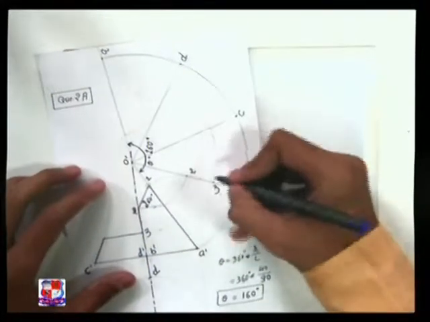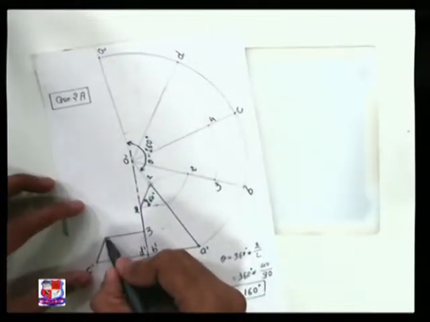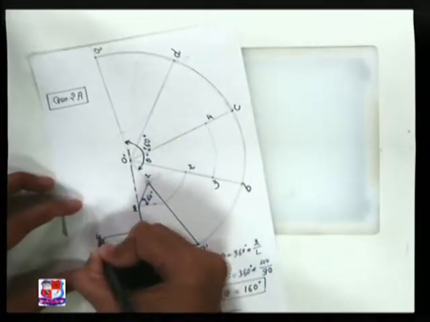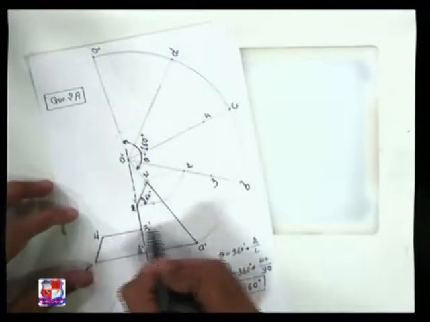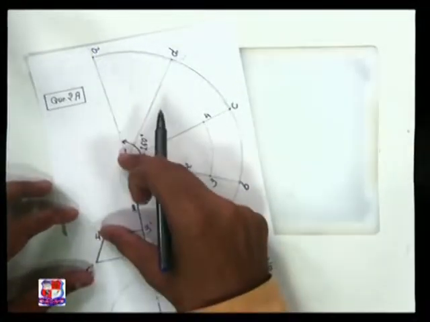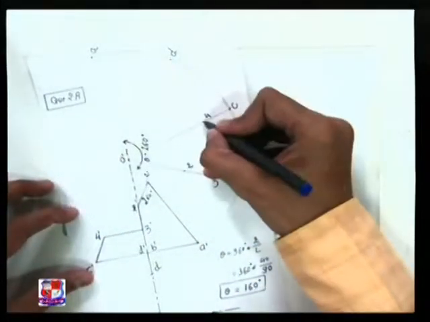Similarly point number 4 would be here on C, because point number 4 is here. This is point number 4 or 4 dash as it's a front view. From here draw a horizontal line, or you can directly measure this distance O dash to 4 dash and put it over here, cut over here. This is point number 4.